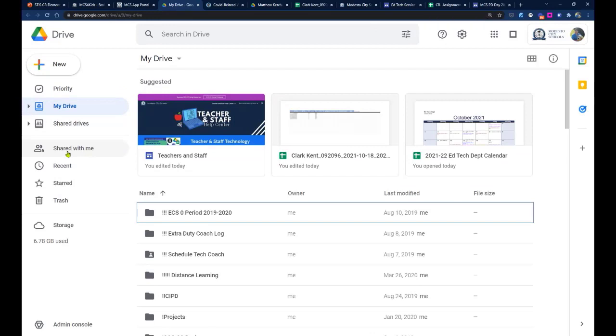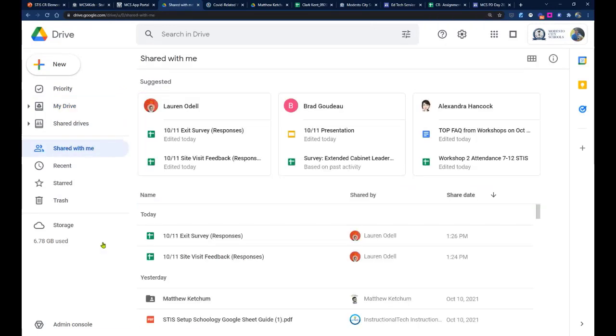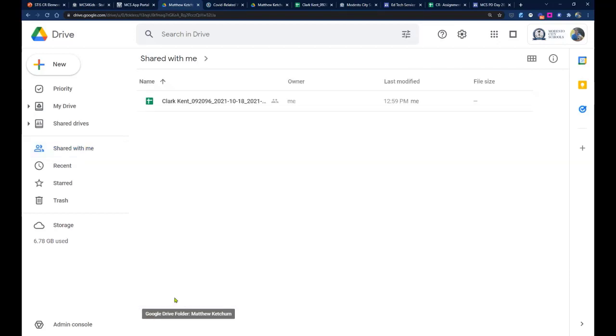On the left-hand side is the Shared with me. And you'll see a folder with your name on it. So shared with you will be a folder with your teacher name, and I'll double click. And inside there would be a list of these Google Sheets, and it'll be the student name, their ID, the